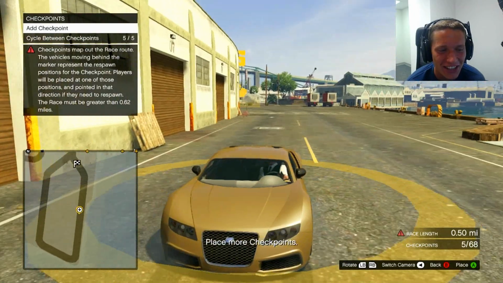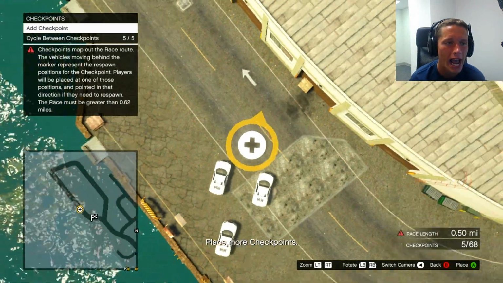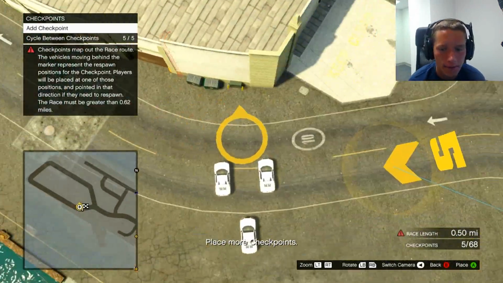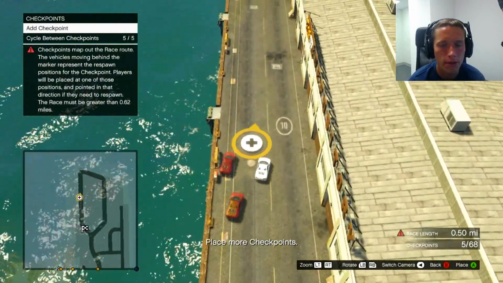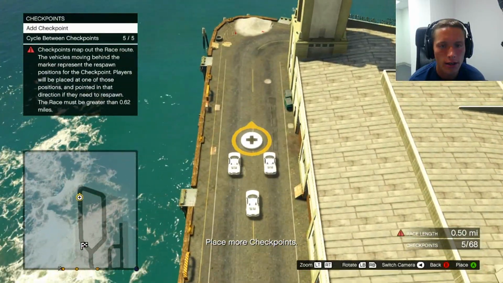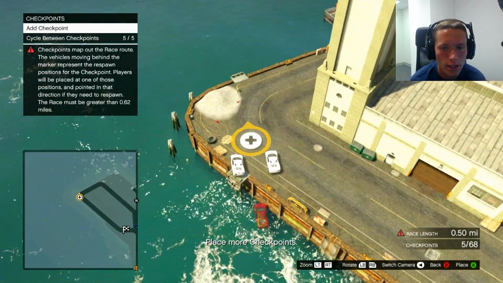Oh, this is just gonna be glorious, dude. This is gonna be glorious. Okay, now the question is, how do we add different things in? Okay, well, we'll do that. And then the next checkpoint's going to be down here. Or should... Oh, dude, maybe...